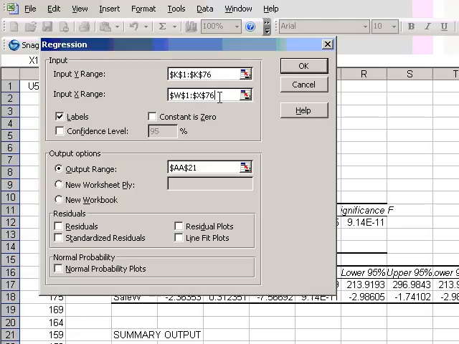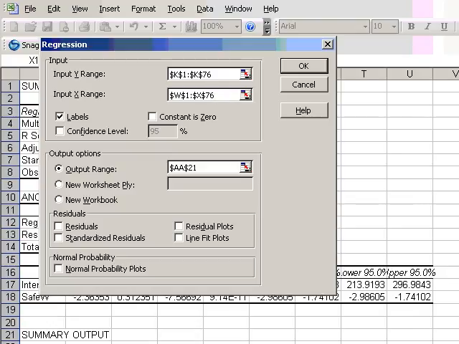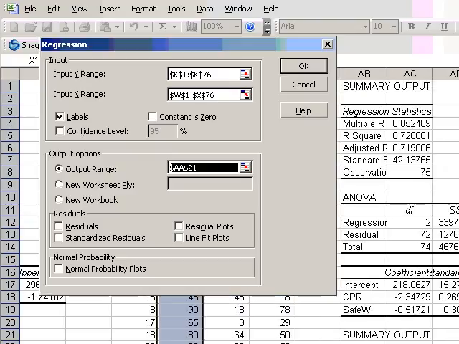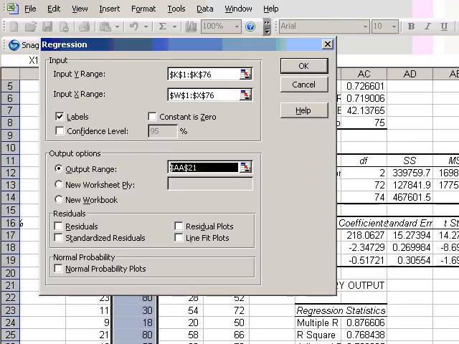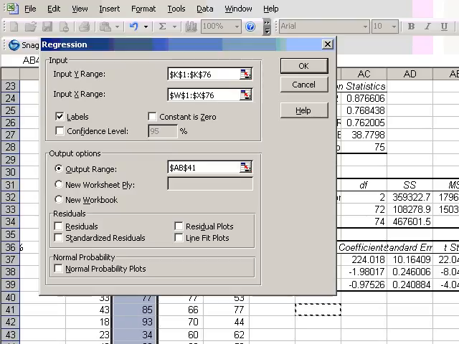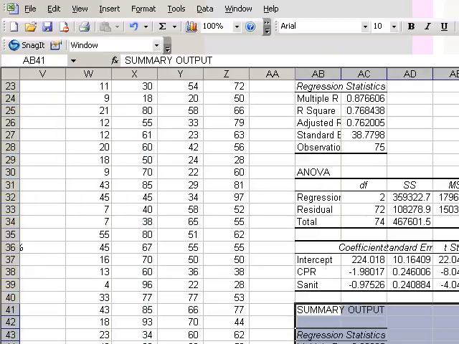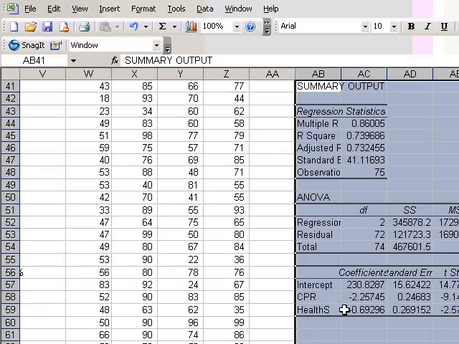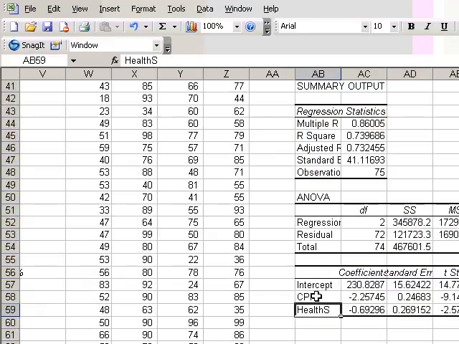The independent variable range will now include CPR and Health Services. The output range will be changed to A41, and when I say OK, we get this new result. Health Services and CPR together account for about 74% of the variance. We'll continue this process